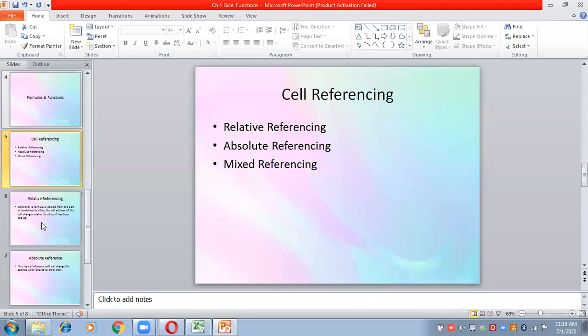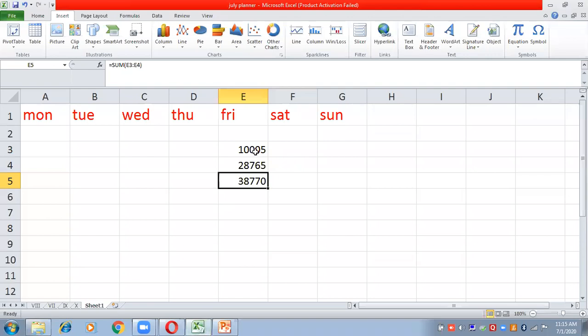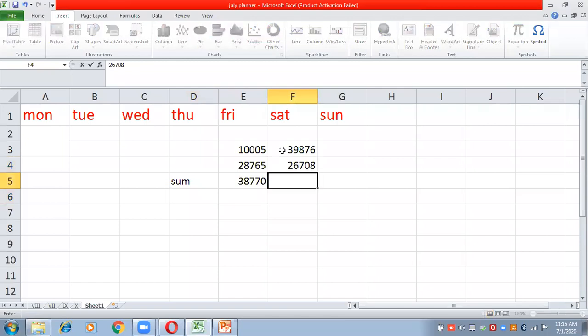Now, what is relative reference? Relative reference is when a formula is copied from one part of the worksheet to another, then the cell address changes relative to where it has been copied. For example, here I have calculated the sum of two numbers. Now suppose here I have a few different numbers. What will happen if I copy this content?